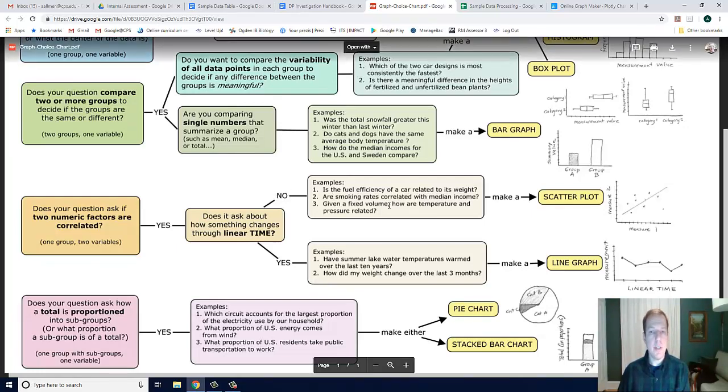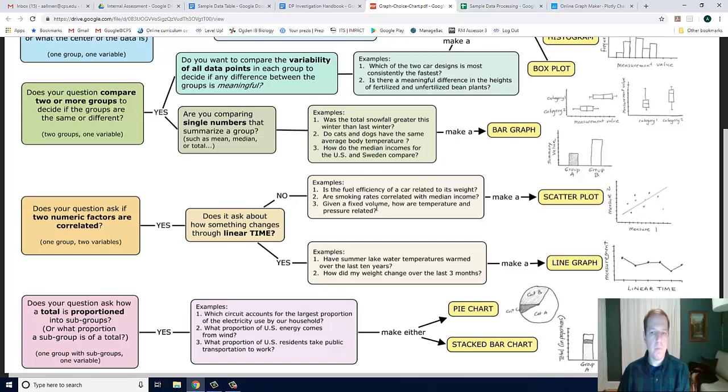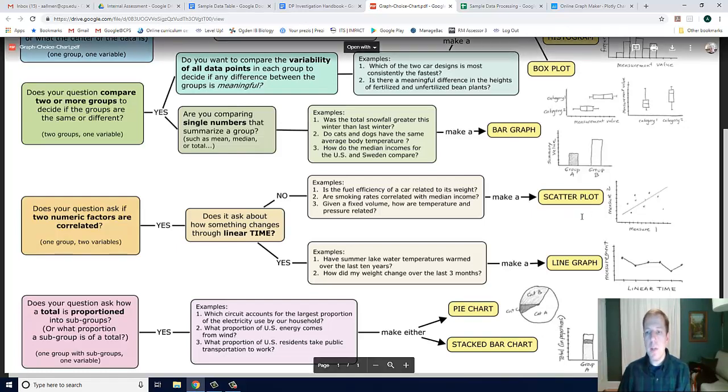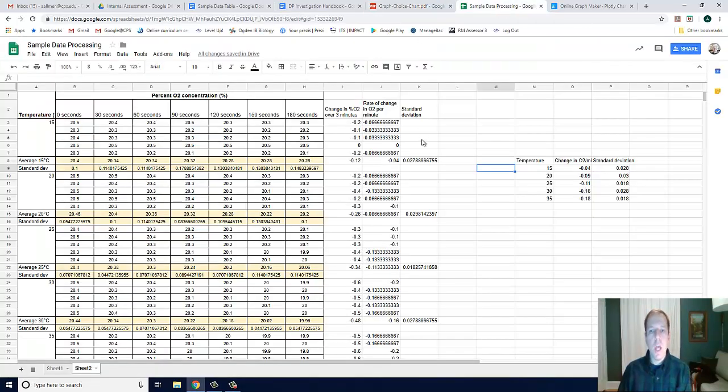I'd look at the examples and see that, particularly if you look at number 3, it is fairly close to the data that I have, and so it's instructing me to make a scatter plot. So a scatter plot is the type of graph that I'm going to aim to make in this case. When I go over to my data,